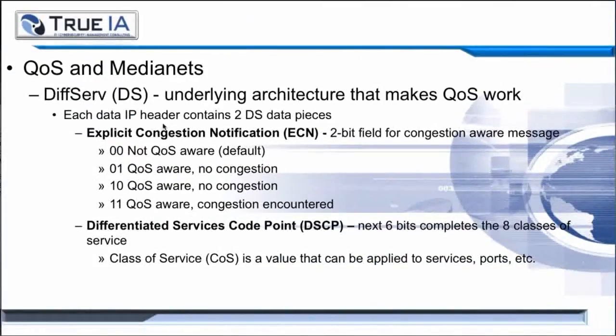So let's take a look at specifically how you need to configure your quality of service. This is configured by what's identified as DiffServ. It's the underlying architecture that makes quality of service work. How it works is each data IP header contains two DiffServ data pieces. The first is the ECN, the explicit congestion notification, and then the second, the differentiated service code point, or the